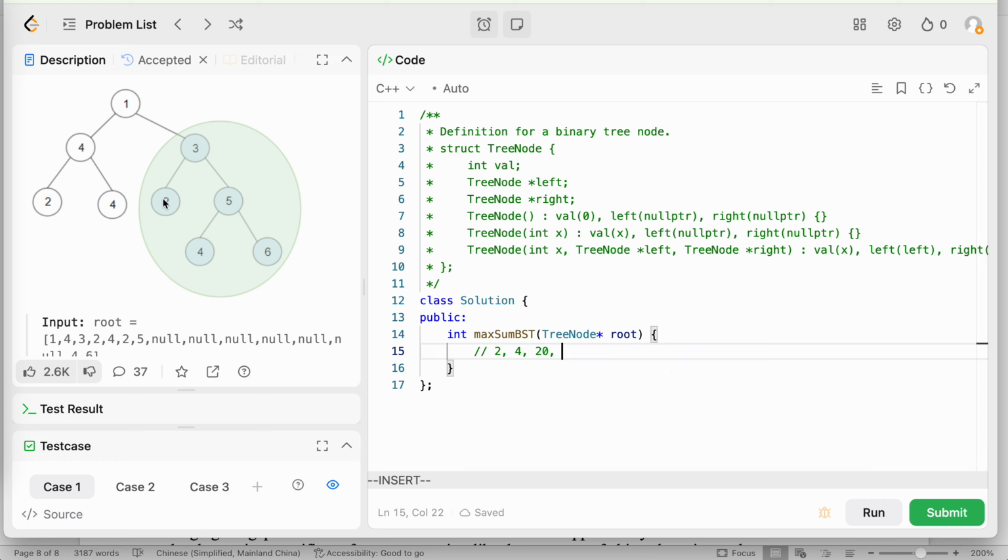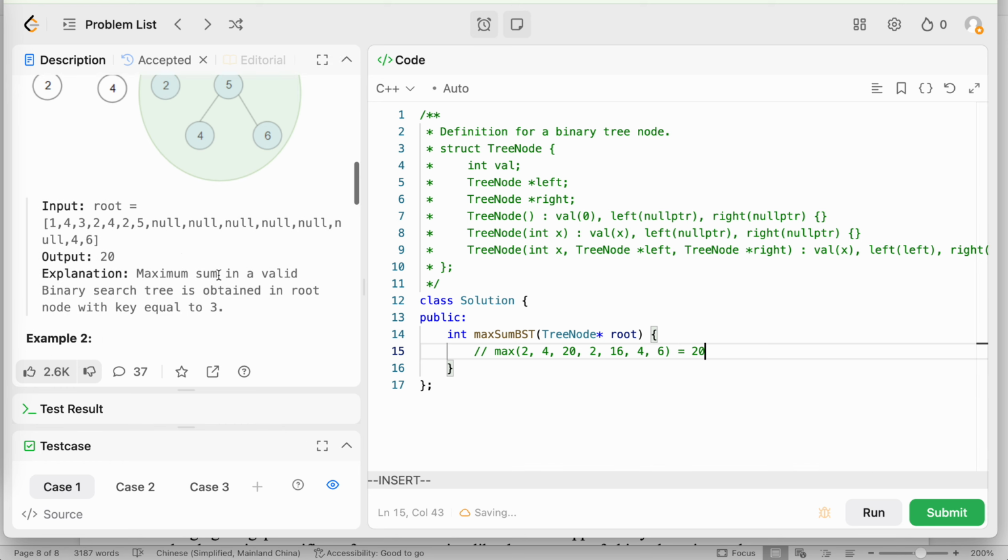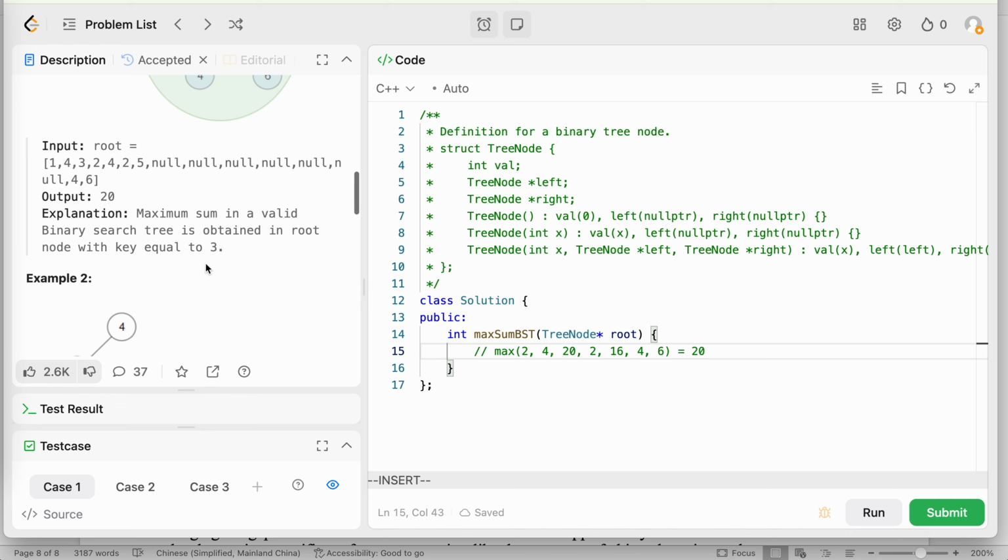And then this tree is also a BST, okay? So its summation is 2. And 5, 4, 6, this tree is also a BST, so the summation is 16. And this is also a binary search tree, it's 4, and this one is also valid, it's 6. We have 7 BSTs, 7 numbers. Each one is the sum of all the nodes of that binary search tree. So we get all of them, then get the max, equal to 20. And 20 is the number we need to return. Okay,